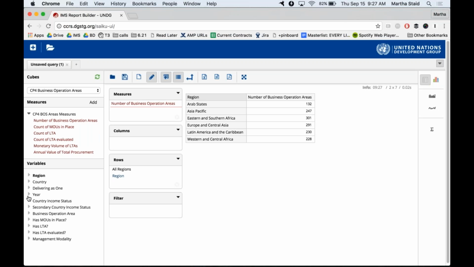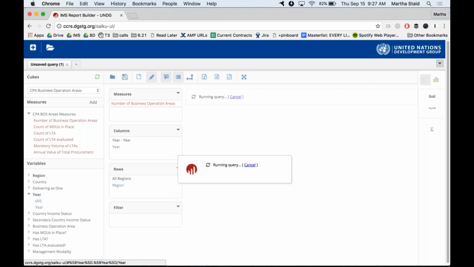Maybe you realize, oh, I'm more interested, we talked about year before, in seeing how these break down year by year. So I'm going to click year, we'll see it appear in columns, and maybe you can envision what it's going to look like when we add a set of columns breaking this information down by year.